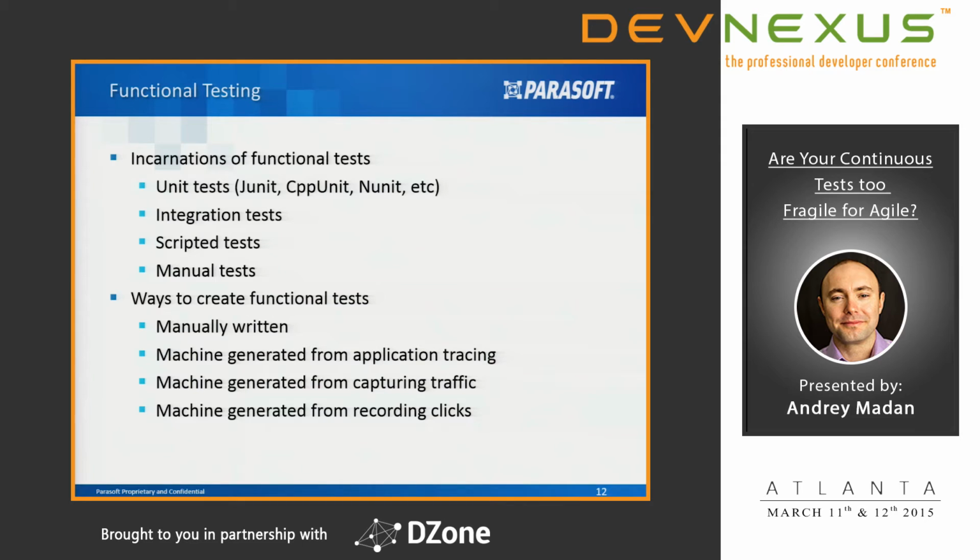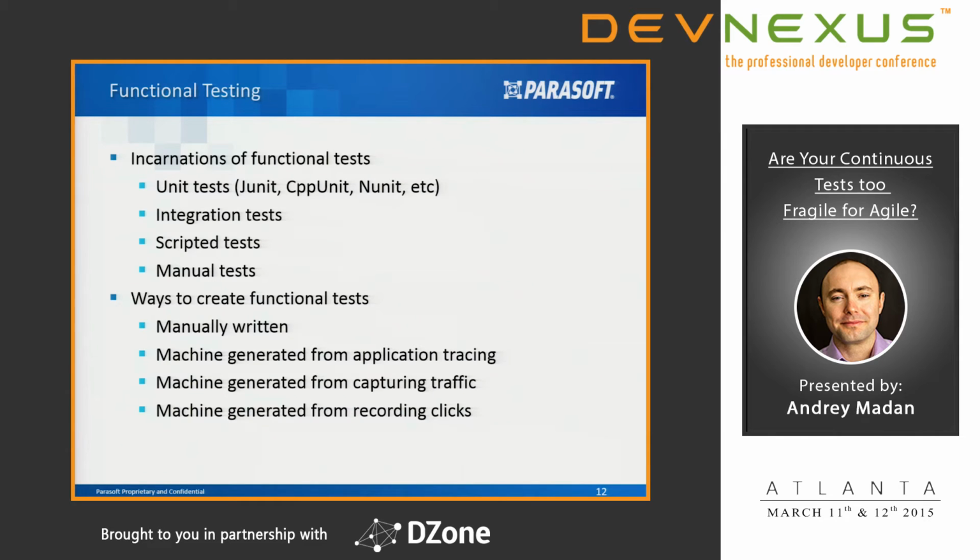All right, and functional testing has many flavors, as you can see. Even unit tests today can be traced to functional testing. For example, if you're testing a particular algorithm, you can make sure that this algorithm works per your requirements. So even a unit test can be a functional test.